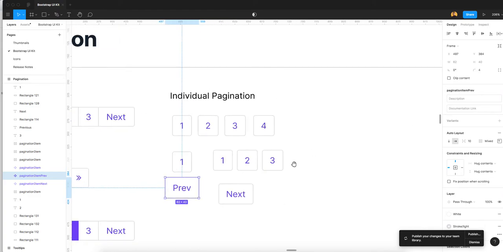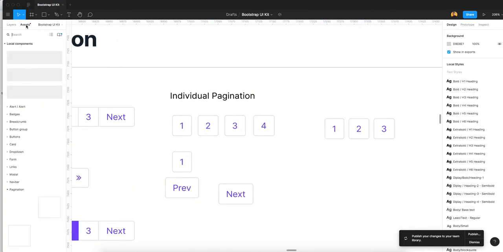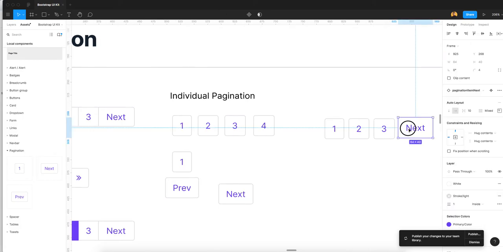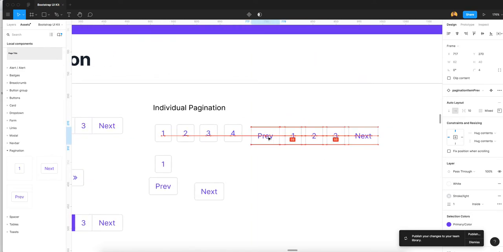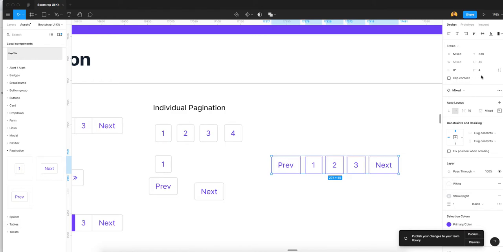Now I have created one of this example. Now I am going to assets in pagination. You will see here you have an example. I just duplicate it here and you will see this works here. See, this is our initial individual pagination.